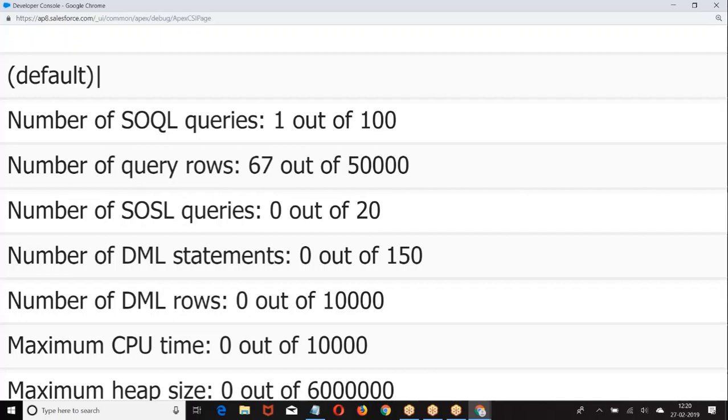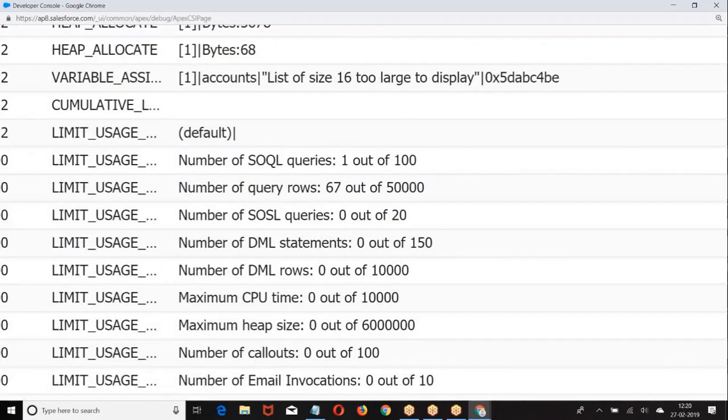Now look at this: when you are writing where in, it is not considered against the count, only the result is taken. Whereas when you write parent to child, the number of SQL queries is 1, but the total number of records is the count of parent plus the count of child 1, child 2, child 3 together. But the number of SQL queries is 1. So if you want to reduce the number of SQL queries based on your requirement, you need to go for parent to child, child to parent, or where clauses in subqueries.